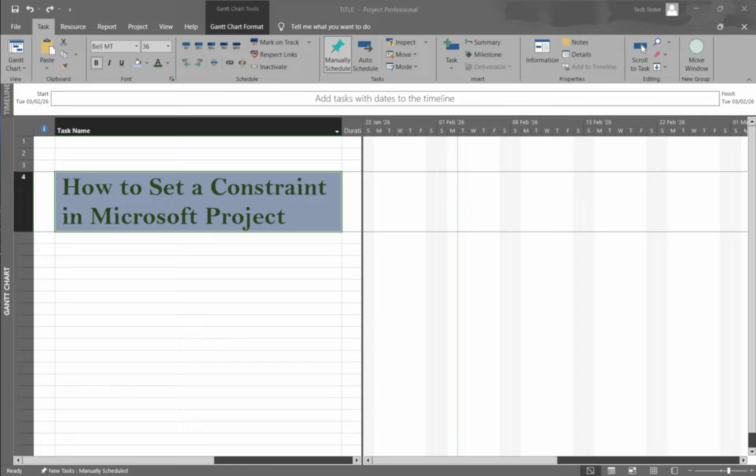In today's video, I'm going to teach you how to set a constraint in Microsoft Project. A constraint tells Microsoft Project to respect a specific timing rule for a task, which is helpful when real-world dates or commitments have to be honored. Let's walk through it together in the desktop app, and I'll point out what each choice means so you can